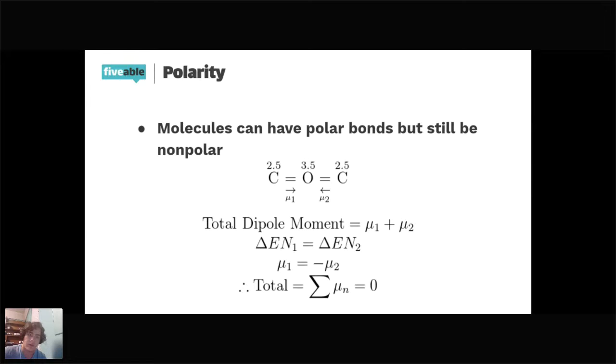So when you're adding up those dipoles, you add up one, and then when you're adding the other, you add a negative because it's pointing in the opposite direction. So the total dipole moment is 0. Just because the molecule has polar bonds doesn't mean the entire molecule is polar. Like in this case here, if you were traveling down a town road,